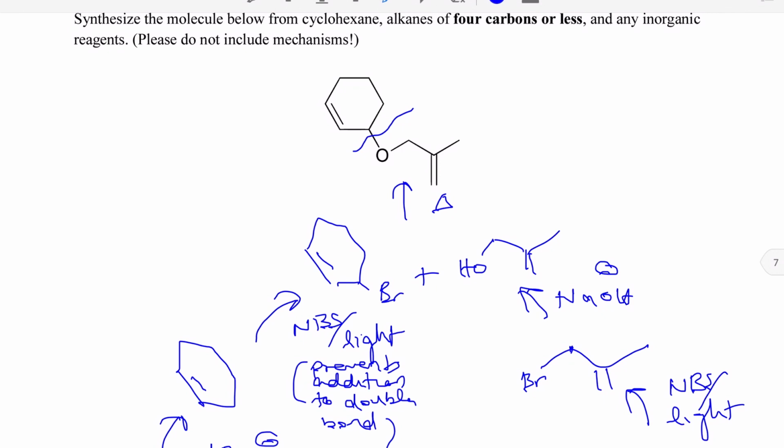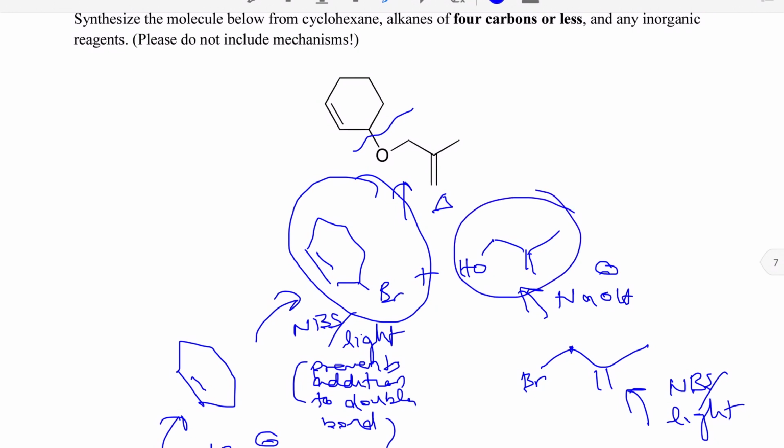So that's a very good spot to cleave the original molecule retrosynthetically. So when we do that, if we cleave it right there, the first possible way we can get to this final state is if we had this group here and this alcohol here,